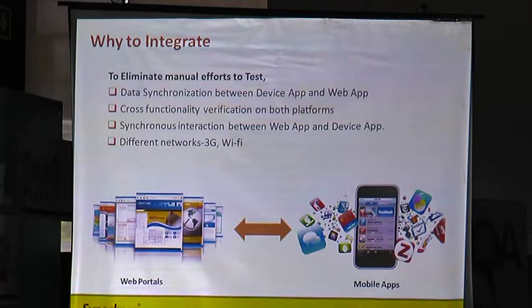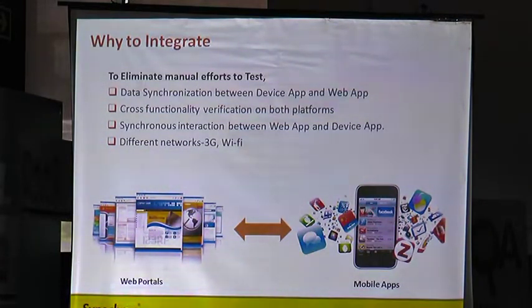There are operations that you have to check end to end. First, you can do web automation for invoking the command. But because this is a synchronous flow, you also have to test on the device whether that command is properly invoked. And once you do some operation on the device, you have to verify whether that operation is successfully reflected on the website.